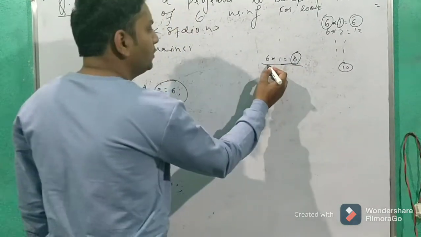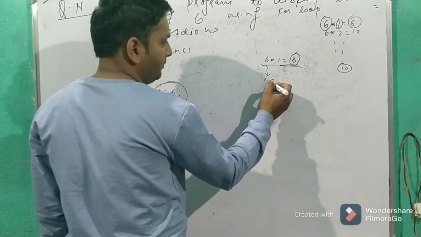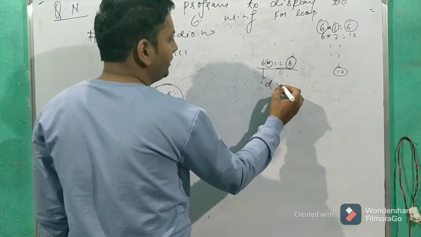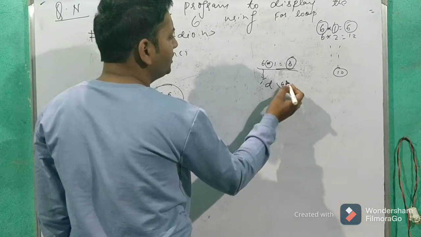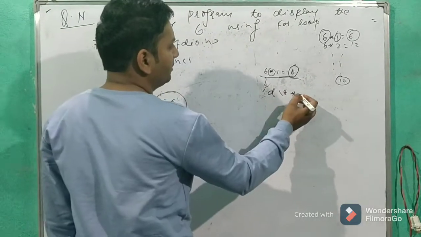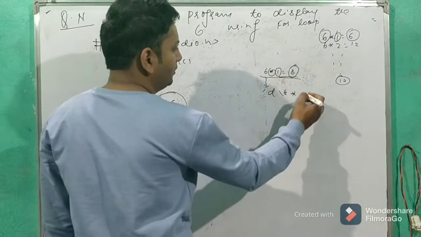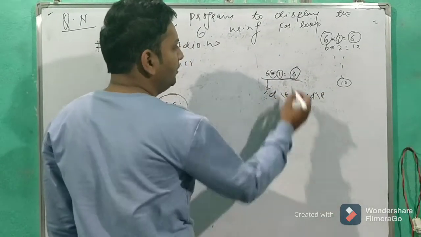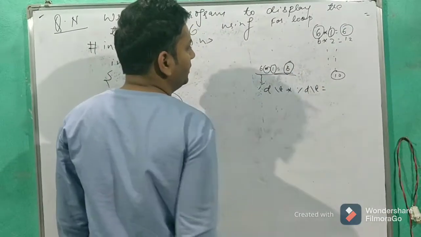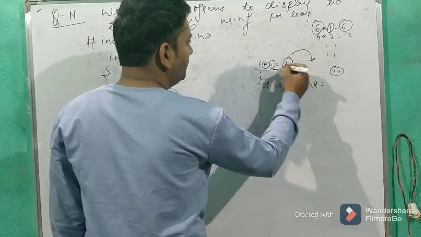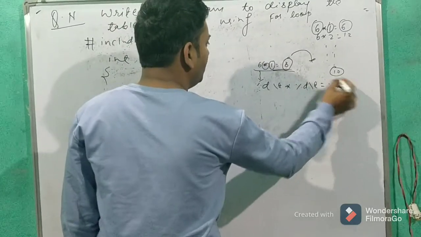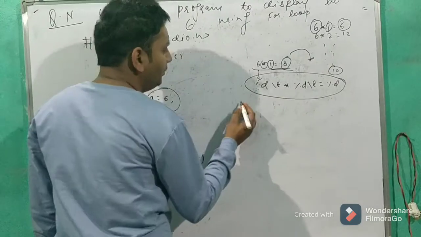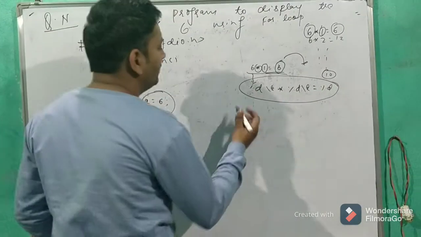How to display? This is my number, so we can consider this as a percentage, this is my variable. So we can just print that statement. After that we have a number again, so we use a percentage, then I am using a space. Then we have to print equal to, and then finally we have to print the number. In this format we have to use it inside the printf. So how do we write these statements? We can write something like this.